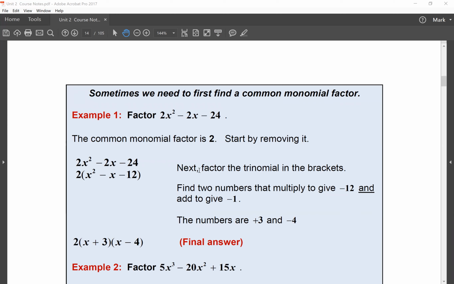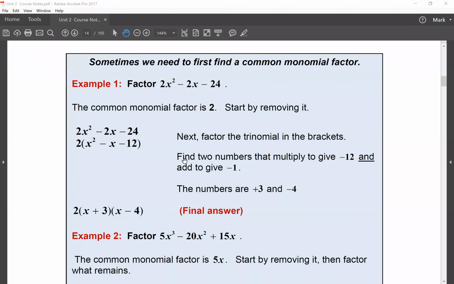We are factoring these, but sometimes we can simplify them a little more before we get started. If you look at example number 1 and example number 2 here, these all have a GCF, a greatest common factor, that I can remove first,